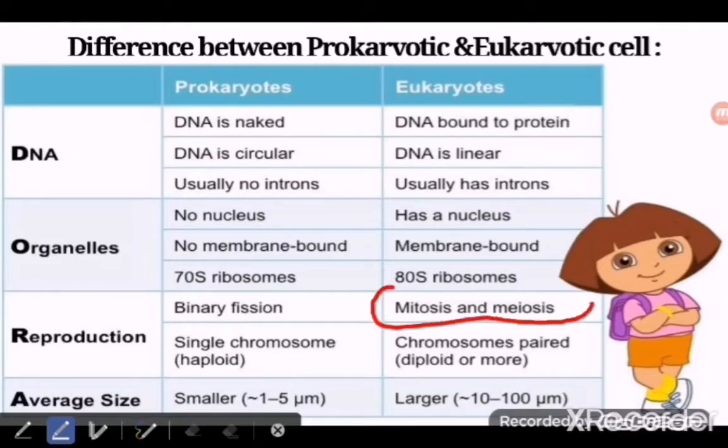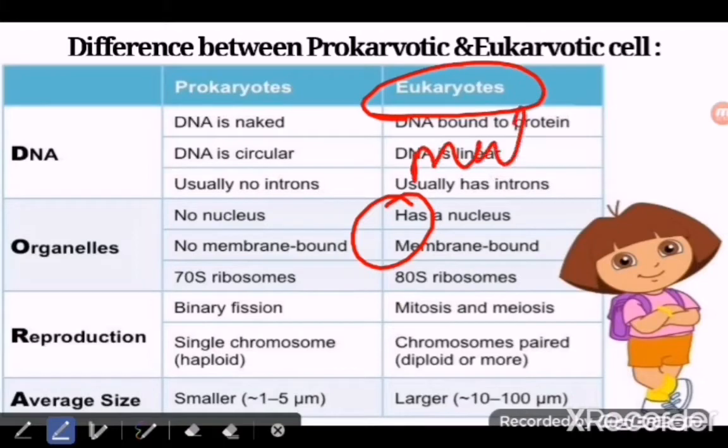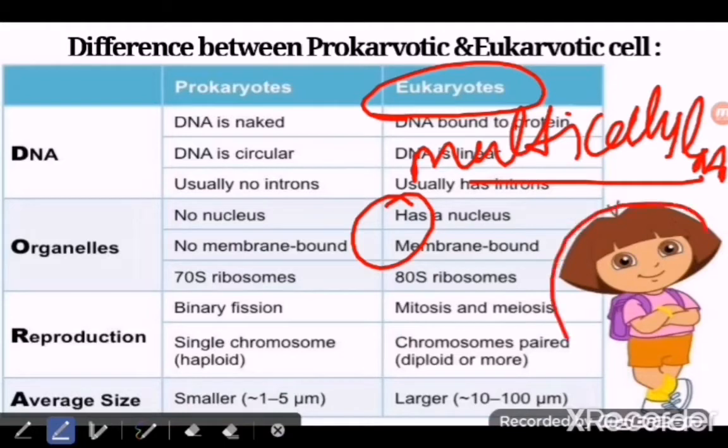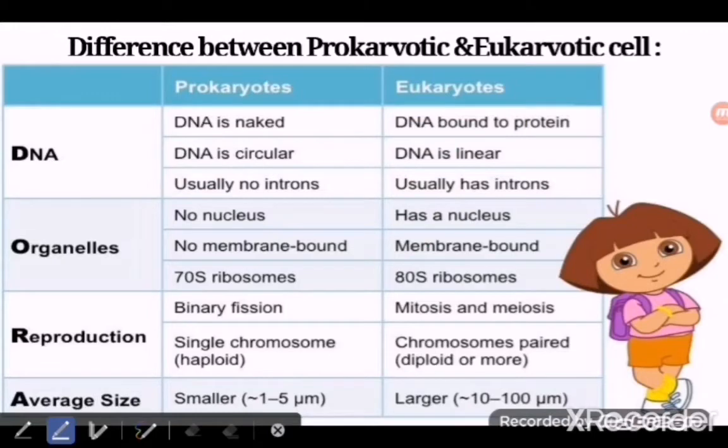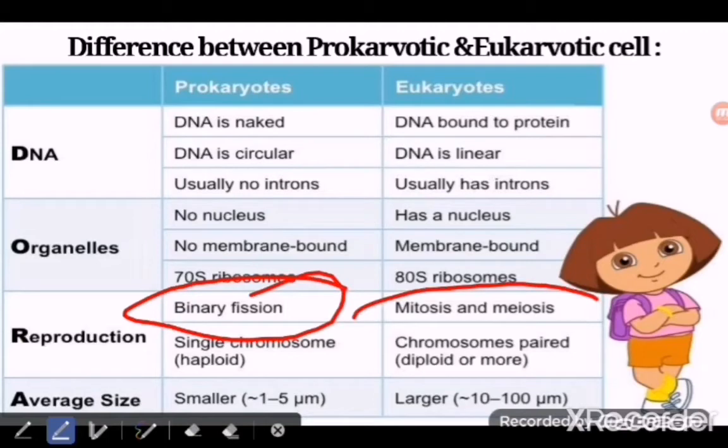This process is known as binary fission in the case of unicellular organisms. And here it is mitosis and meiosis, since eukaryotes are multicellular organisms. Multicellular means living beings, just like us, which have more than two cells. Living beings that have only a single cell are unicellular organisms. Binary fission occurs in prokaryotes, while mitosis and meiosis are types of cell division.